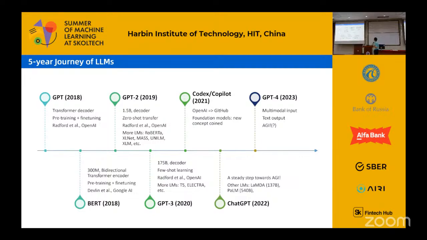Then the big news happened in late November 2022. ChatGPT went public and generated a huge noise. It went beyond NLP research, beyond machine learning research, and can help almost everyone in different kinds of industries. Then in March 2023, GPT-4 came out. It's a huge thing. Some of my previous colleagues at Microsoft even claimed this is an early version of AGI, artificial general intelligence.